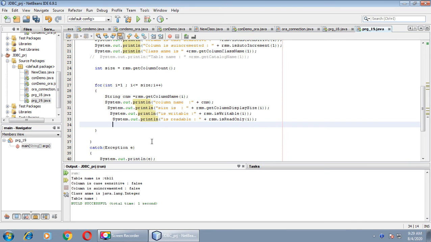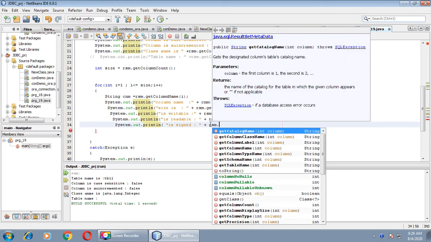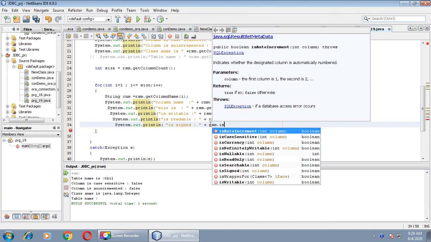Then we will take the isSigned method, rsm.isSigned.